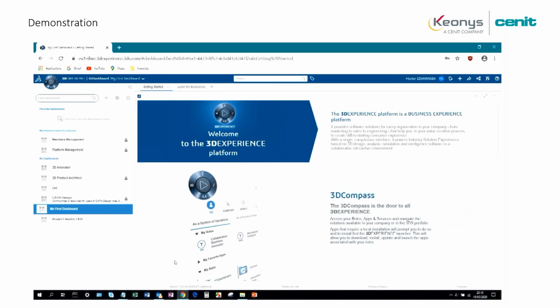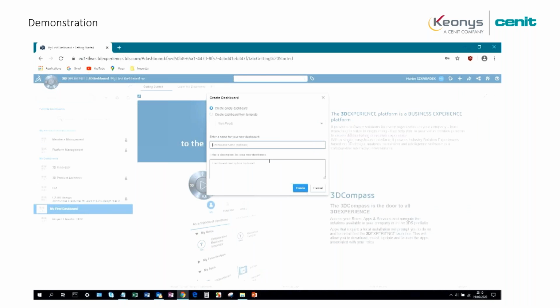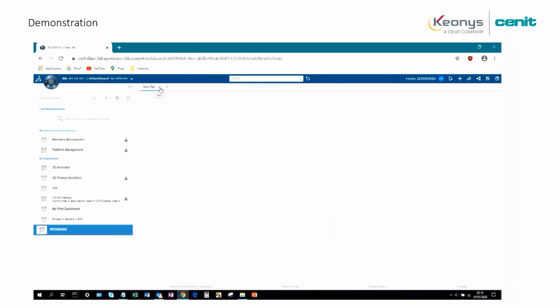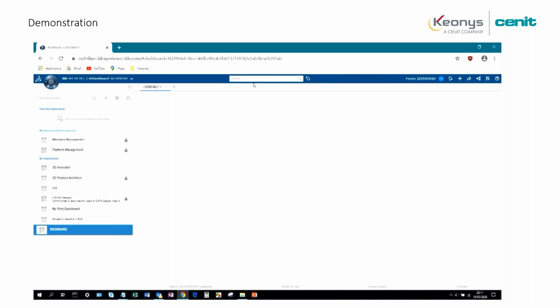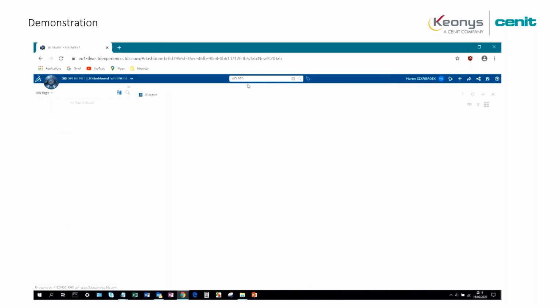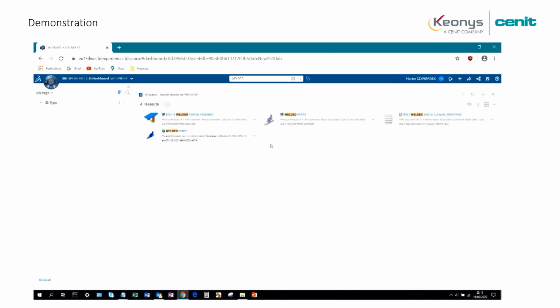So you have access to different possibilities in terms of dashboarding. So you can create your own dashboard in order to have some web applications, just to have a look. The web applications are dedicated to the consultation of the geometry, consultation of the results, consultation of some information that are stored in the platform, and you can just check, for example, the geometry.